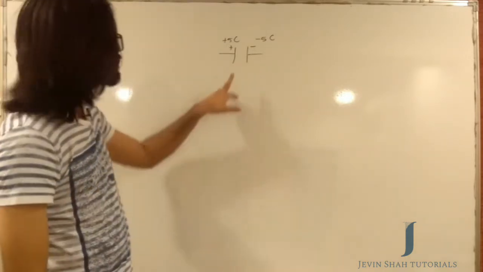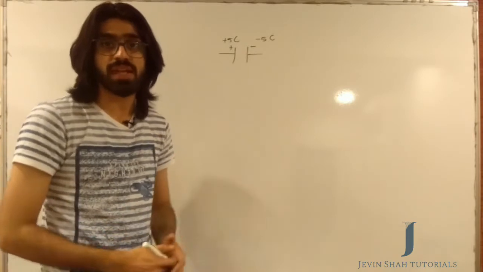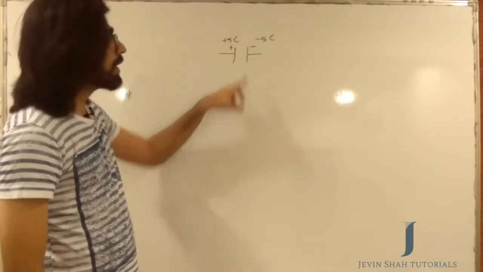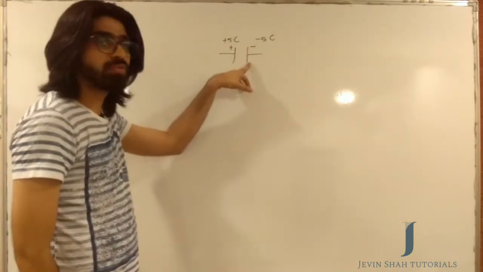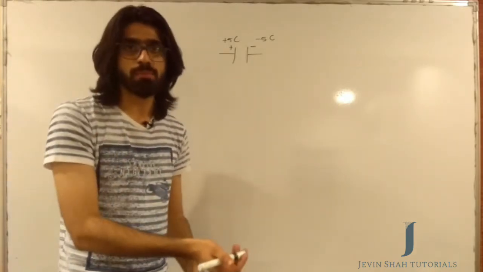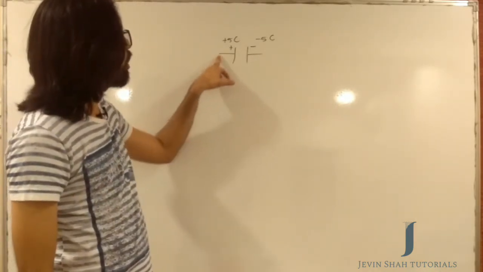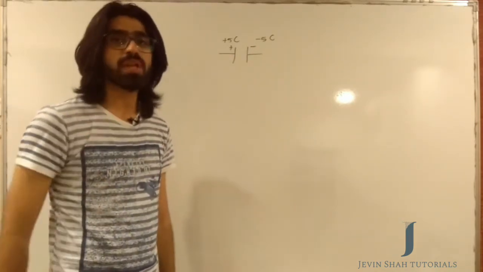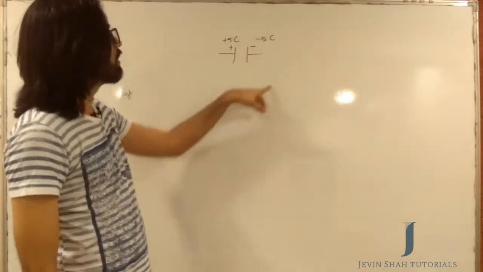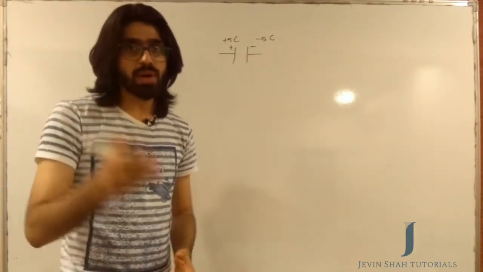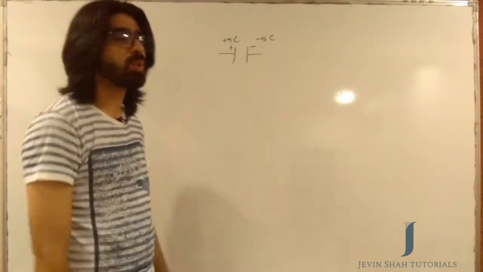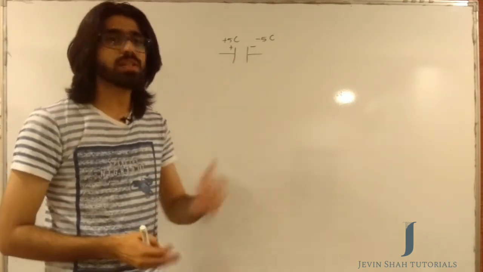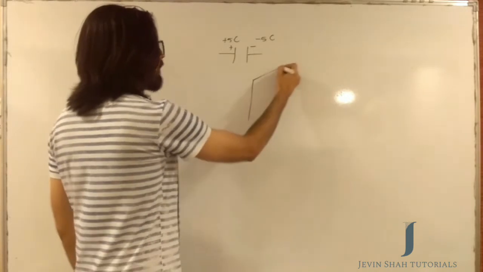The space in between the two plates that I've taken will be filled with an insulator, and because the space here is filled with an insulator, there is no path for the negative charges here to flow towards the positive charges and get combined with them. The moment you connected a resistor, you offered the negative charges here a path to get combined with the positive charges on the other side. Without a path, that wouldn't happen, and we ensure that there's no path by giving an insulator in the middle. So by now you might have understood that a capacitor would look like this. A capacitor is two parallel plates.